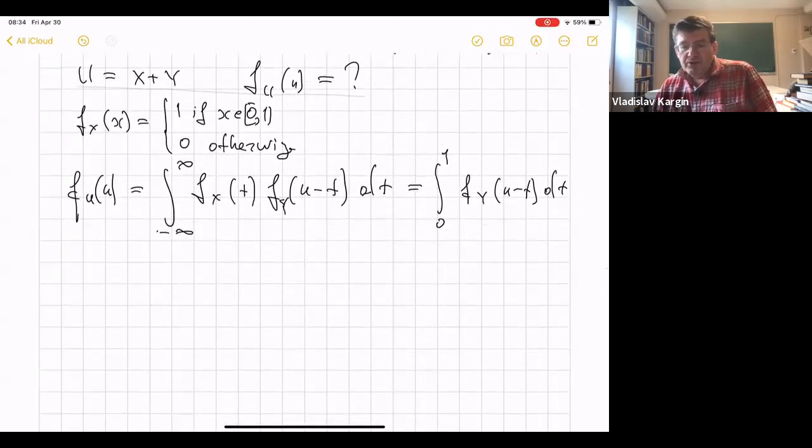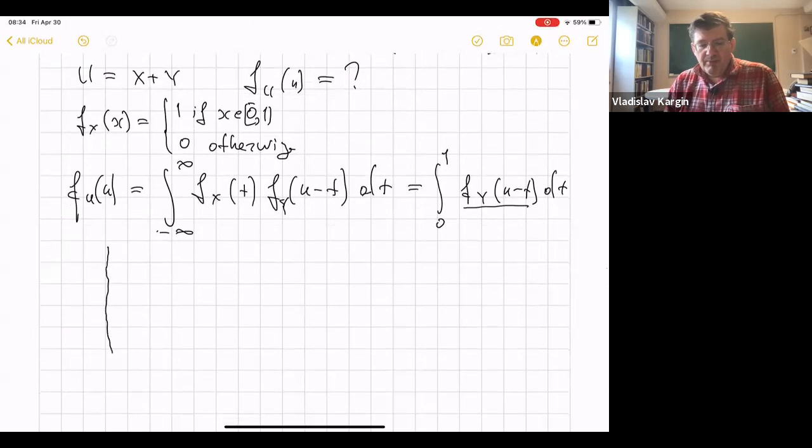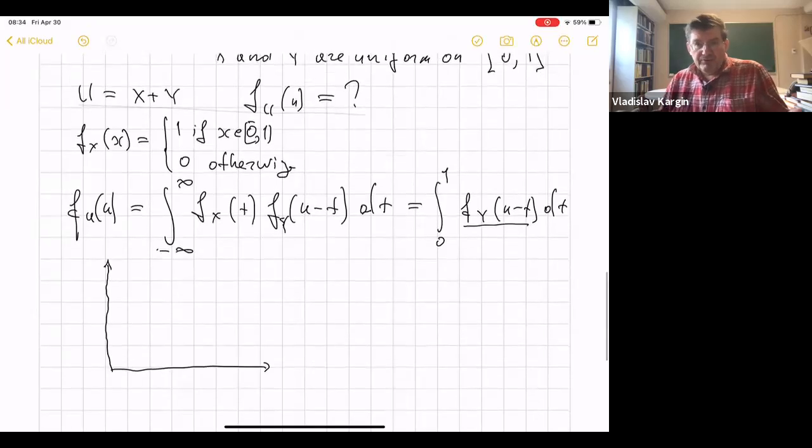And after that, unfortunately, this thing depends on u. So this is the formula. We'll need to look at the different cases for this thing. Again, to understand what we need, first of all, we look at u,